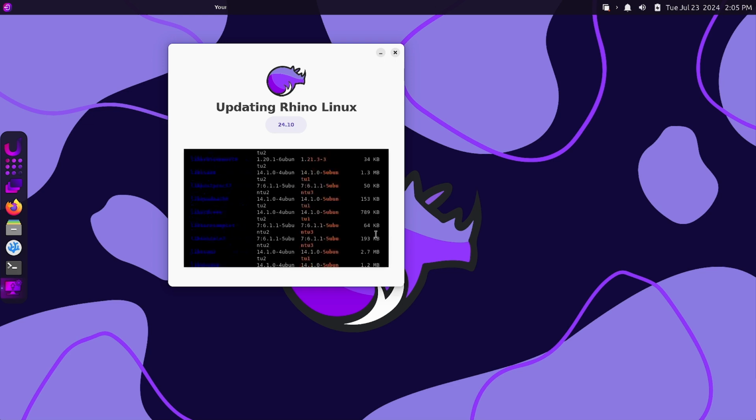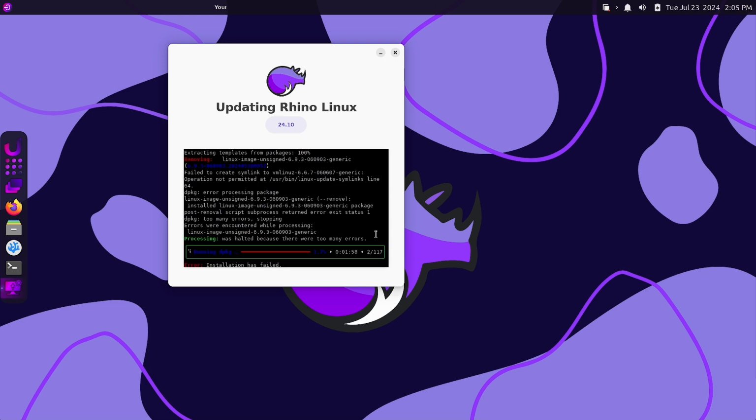Everything is failing. So I don't think this Rhino Linux is ready for stable use by users. I think it requires some more time from the devs to make it stable, and I think they should shift from the development branch to the LTS branch of Ubuntu. If they do it, then I think the Linux distribution concept for Rhino Linux